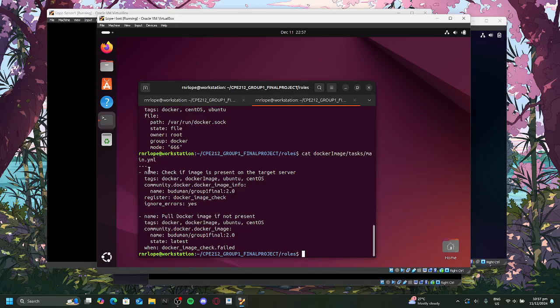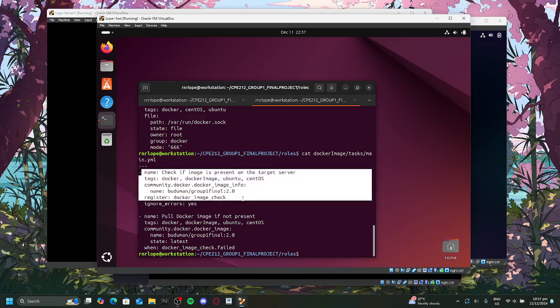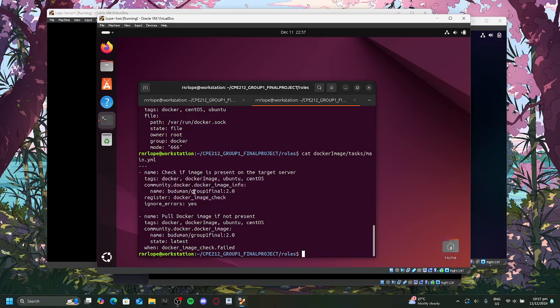So in here, we check if the image is present on Docker Hub, which is named buduman/group1final:2.0. And after that, if the image is present on Docker Hub, we are going to pull that Docker image into our target nodes.